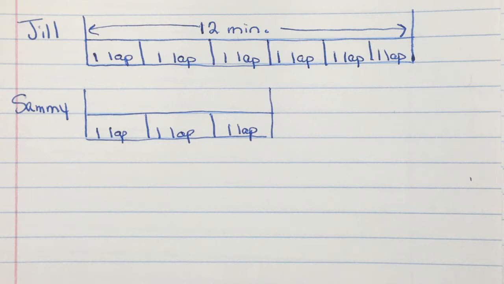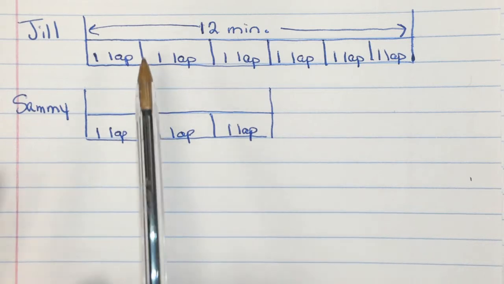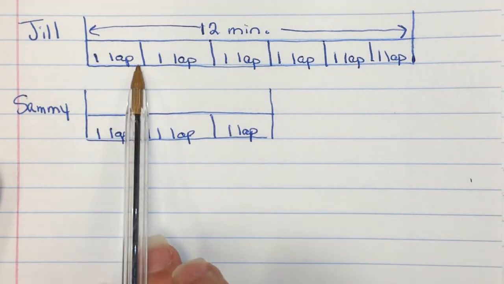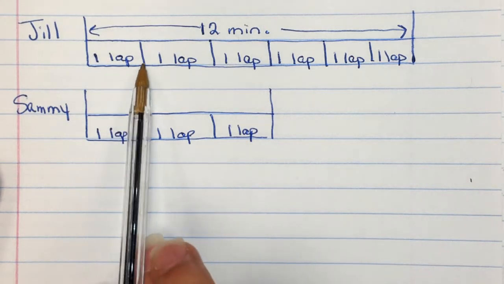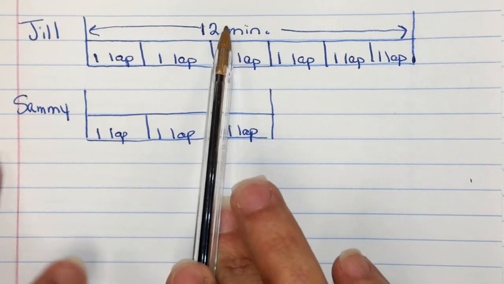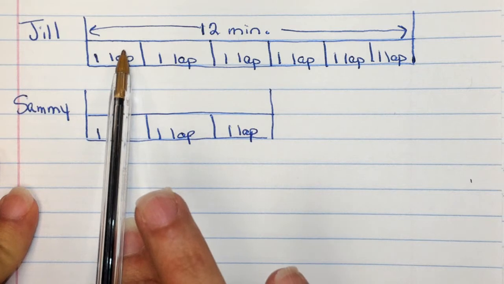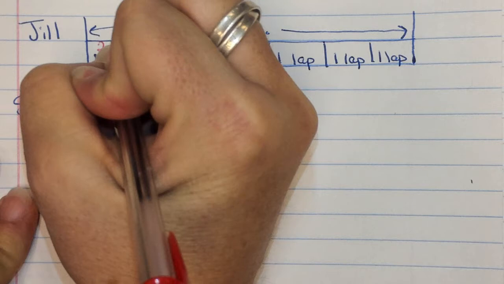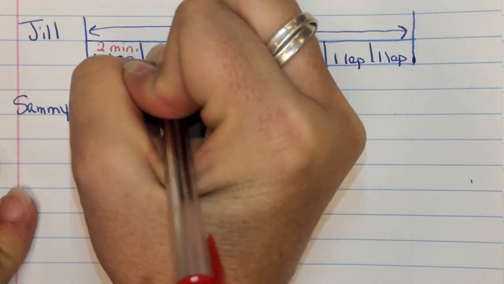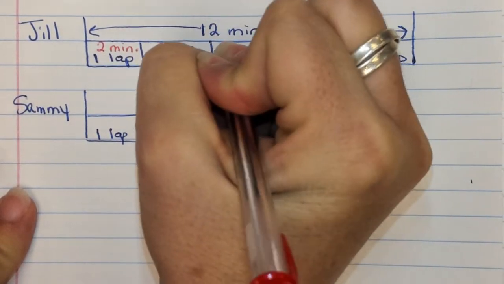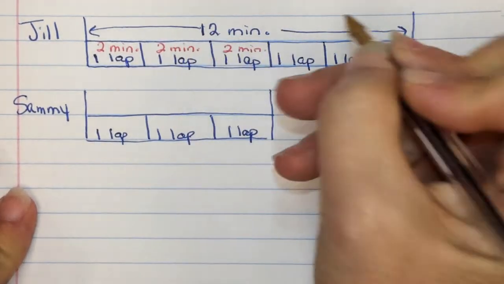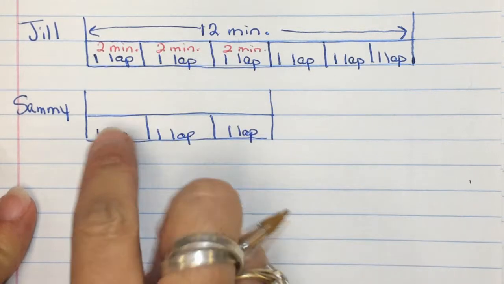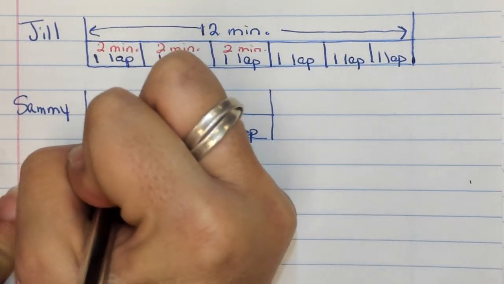Okay. Now, the key is, this is Jill's rate. I need you to think about her unit rate. So if Jill can go 6 laps in 12 minutes, how much is each lap? How many minutes? 2. So each little box here is 2 minutes. This is kind of like what's going on in my head, meaning I realize that it's 2 minutes for each box. So if I transfer that thinking down here, 2 minutes in each box,